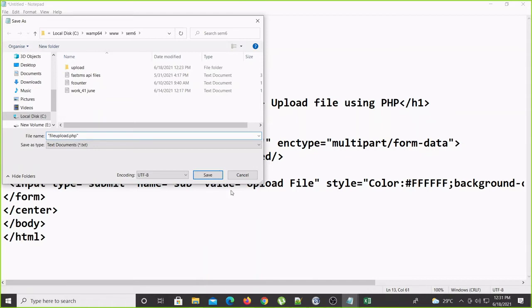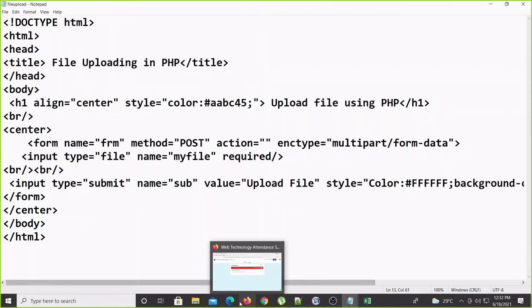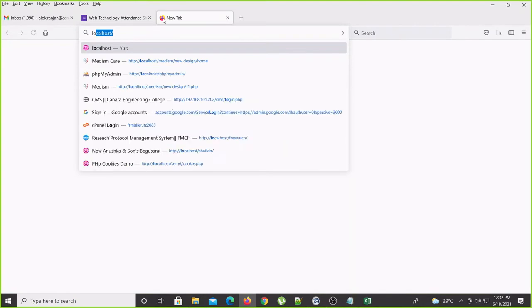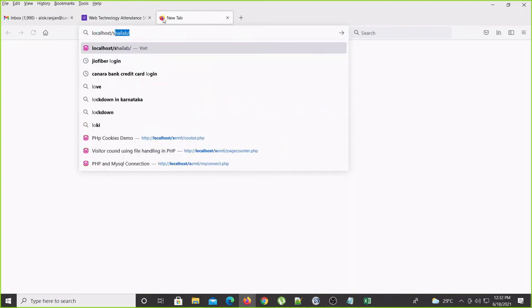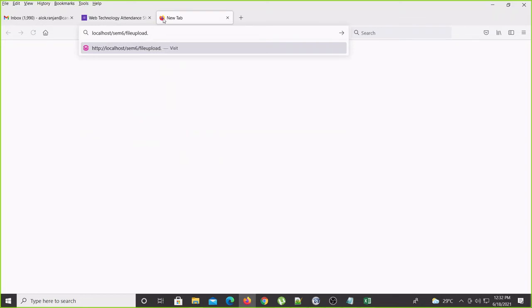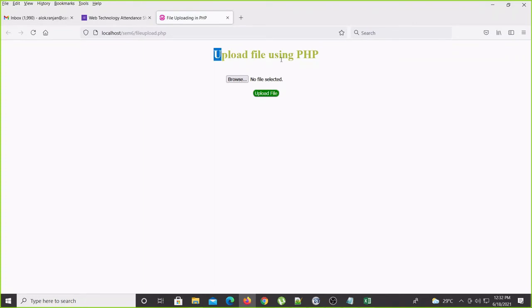Yes, save this file. Now we'll see if the output is coming or not. Before that, I'll just check, yeah, the web server is running in my system. So localhost sam6 file upload dot php, enter. Yeah, the heading is coming.